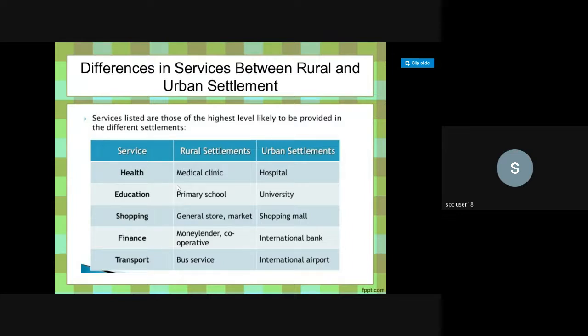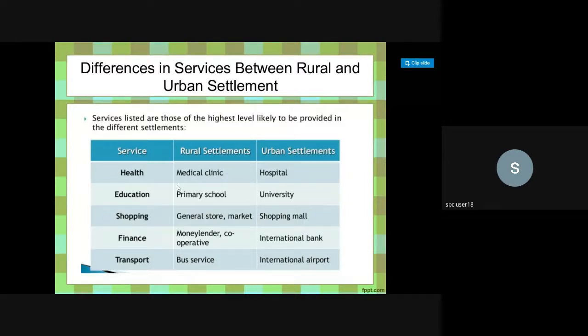In urban areas, you would have larger hospitals catering to 24-hour services, and you would have government hospitals and private hospitals. At the education level, in rural areas you could have primary and, at the most, secondary and higher secondary. The university is out of bounds as far as major rural areas are concerned. Even large colleges are going to be out of bounds in rural areas.